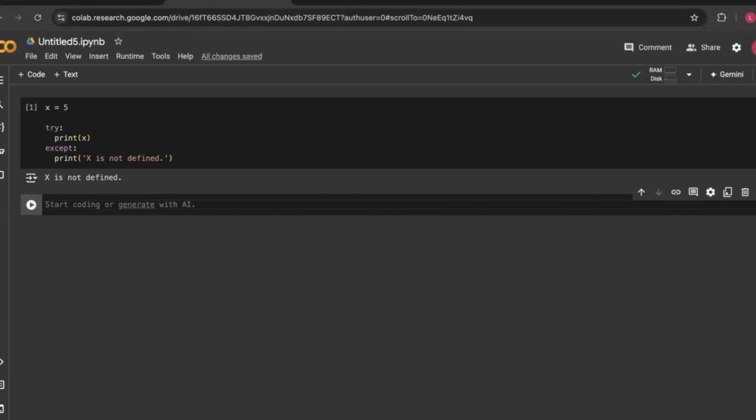Well, one of the ways to circumvent that while you're creating your program, or if you're having someone else execute your program, is to implement a try except command into your program or into your function or whatever thing you're trying to develop. And what it does is it basically